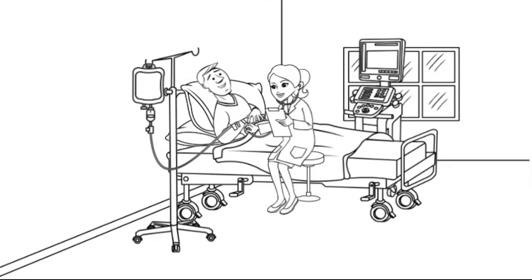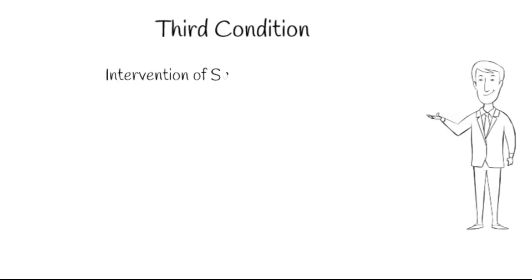Another example, the surgeon who attends the patient is incompetent and pursues a wrong course of treatment, either out of ignorance or by virtue of bad faith. In all the above examples, the deceased is regarded as having been killed by the injury, except the last case, where the surgeon was incompetent. Moving forward, the third point is intervention of subsequent causes.